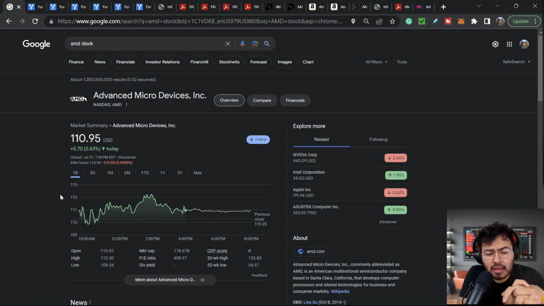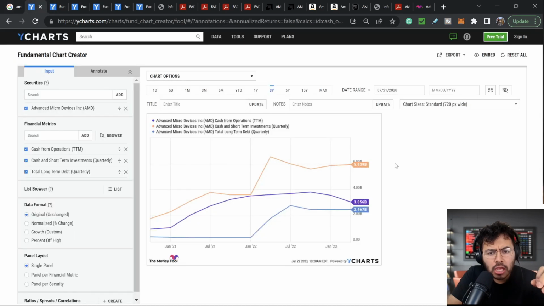So we can see AMD, Advanced Micro Devices, ticker AMD, sitting at $110 right now with a market cap of $178 billion. Unfortunately, if you look at this company's PE ratio, it's sitting near 500. Here in Google, we can see the PE ratio is roughly 459. We're going to take a closer look at current fiscal year estimations, next year, and 2 years from now. We can see these PE ratios are not as bad as they seem. So let's just start off by looking at the fundamentals.